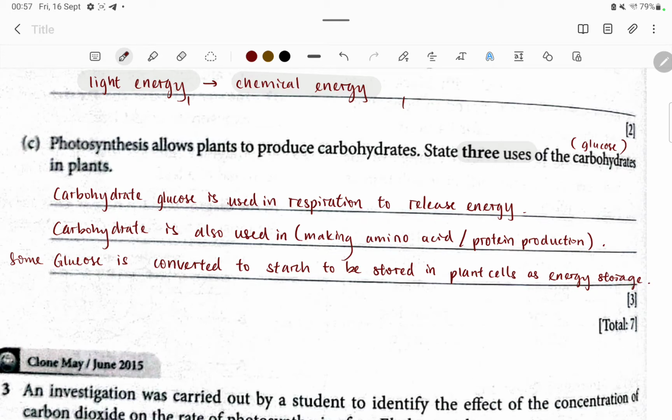Let's see first for these 3 points. First one is respiration, release energy. And then second one, this one. Third one, converted to starch. And then energy storage. And then other than that, you also can write